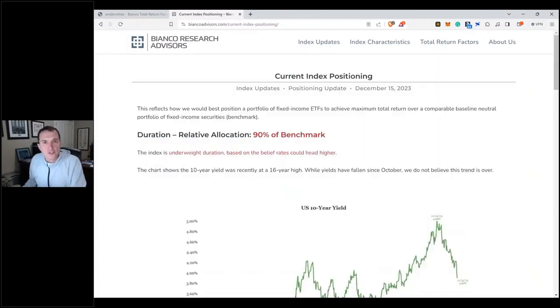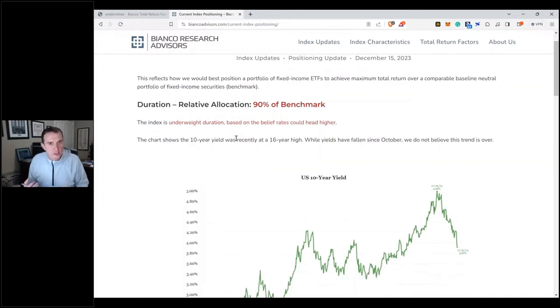When our investment committee meets, and I'm the chairman of the investment committee, we update on this webpage our positioning in the index. Currently, we are 90% of the benchmark, so we are a little bit short of our benchmark, being defensive on the idea that interest rates may rise. Now, 90% is not a maximum short for us. We could go all the way to 50% in extreme cases, and shorter if we believe that rates are going to head up. I will address why we are there in the 2024 outlook, because that's the explanation of our positioning.